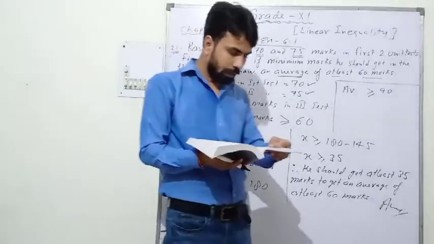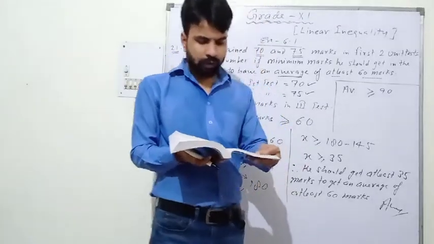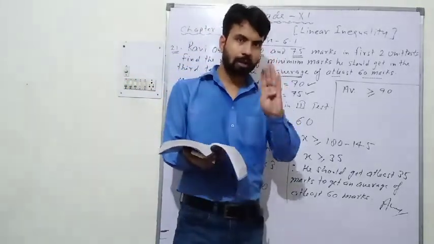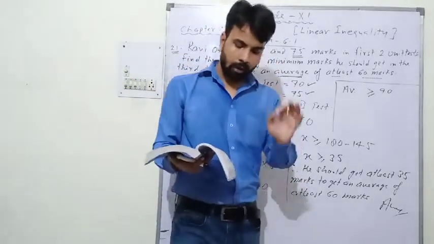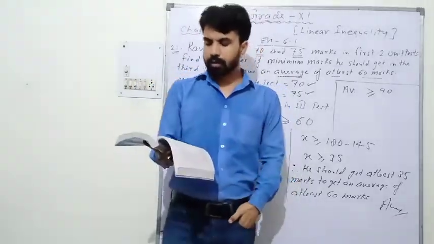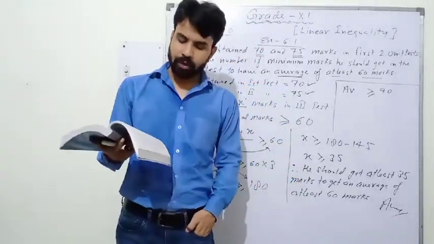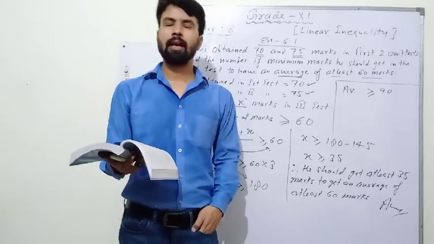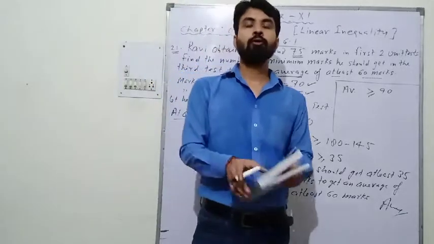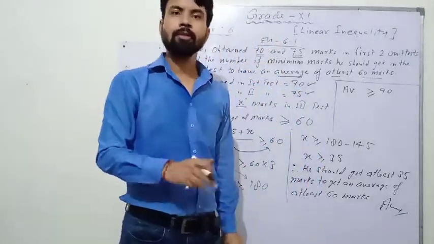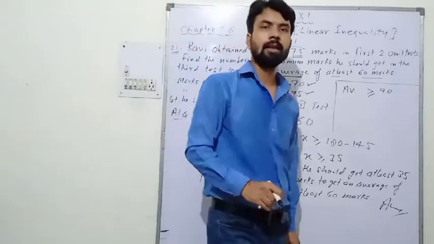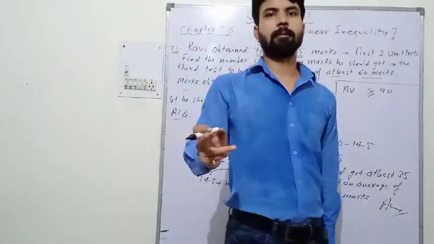Now question is saying Sunita's marks in first 4 examinations, 4 test marks are given here: 87, 92, 94 and 95. Find the minimum marks that Sunita must obtain in the 5th examination to get grade A in that course. So 4 test marks are given. 5th marks we will have to find. So we will consider like Sunita should get X marks in the 5th exam.